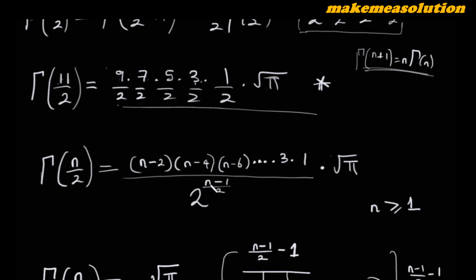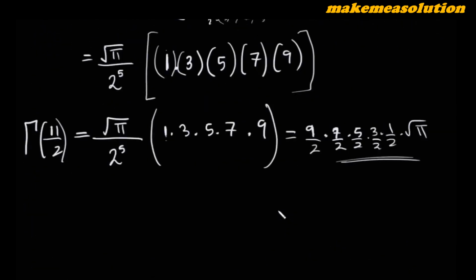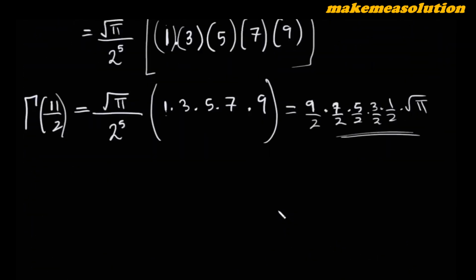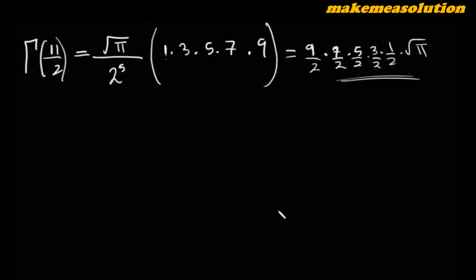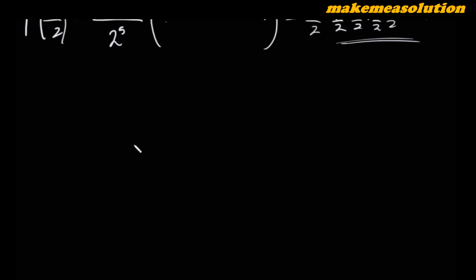And this 2 raised to the power of n minus 1 over 2 means the number of odd numbers before this particular number 11. So that is n minus 1 over 2. So that's the general formula. So this is my formula that I'm gifting to you guys for evaluating gamma functions. So in summary,